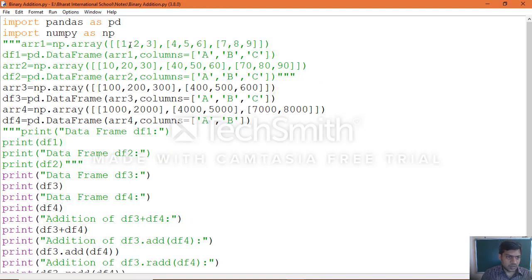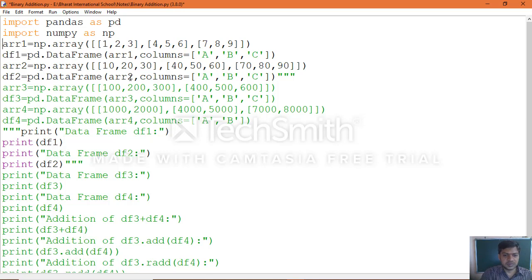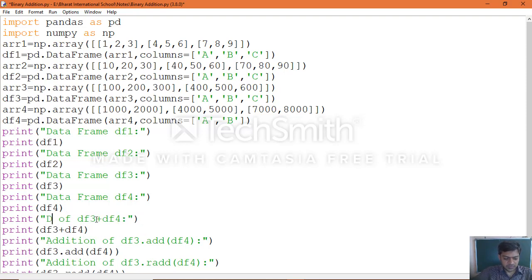As usual, you need to import the two modules, then create all four data frame objects. Then print those objects, one, two, three, four. Once you print that, perform the division of three and four. Let's see.